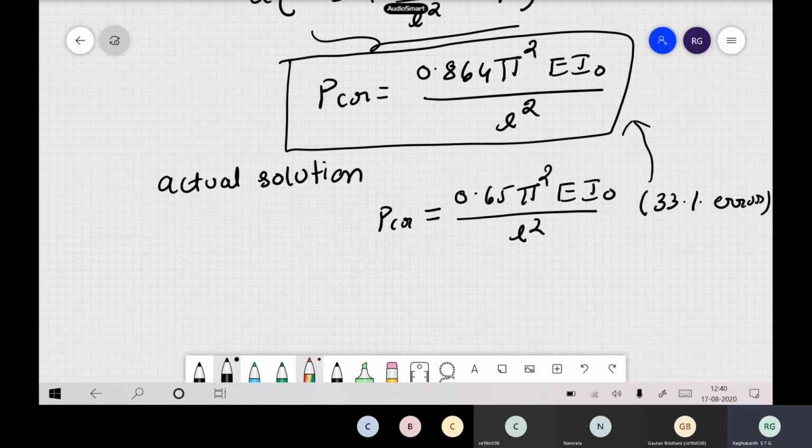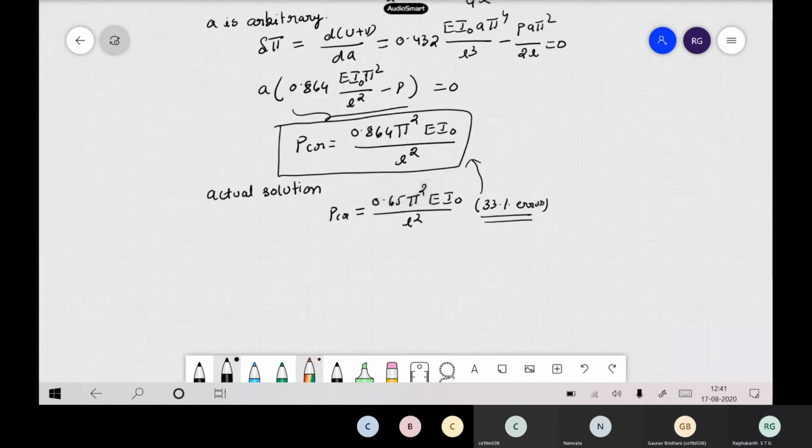And I think last class I already told you, whenever you are doing by energy methods, what happens? I told you conservative, but it is wrong only. So obviously energy methods will give you higher values than the exact itself. They overestimate, you remember last class also we have seen this one. So now there is a 33% error, which is unacceptable. What could be the reason for high error? Can anybody tell us why we are getting high error for this problem?